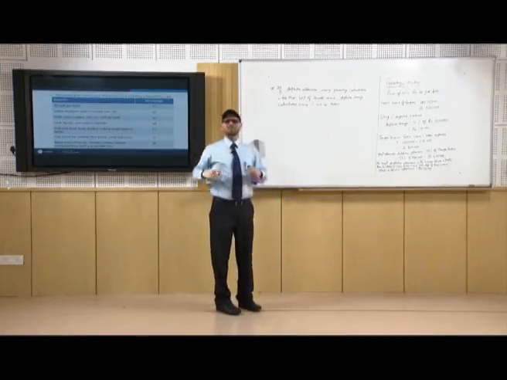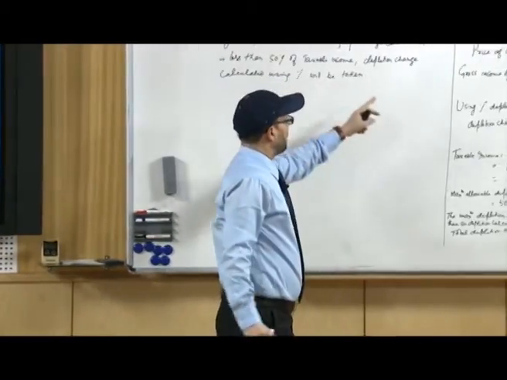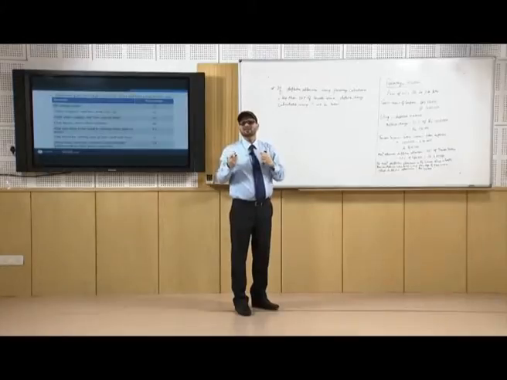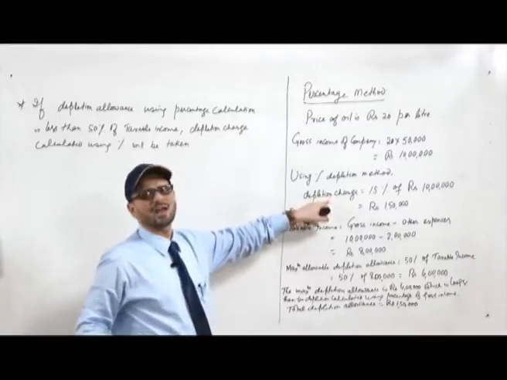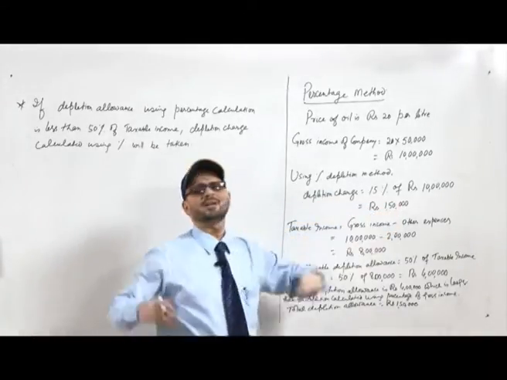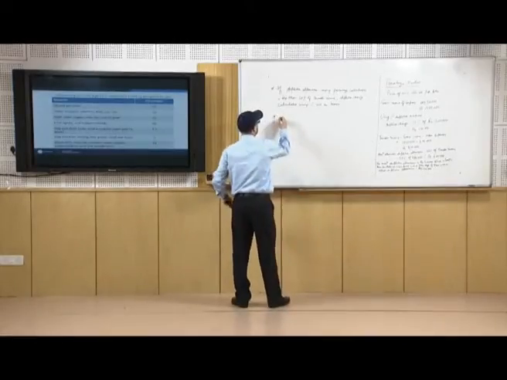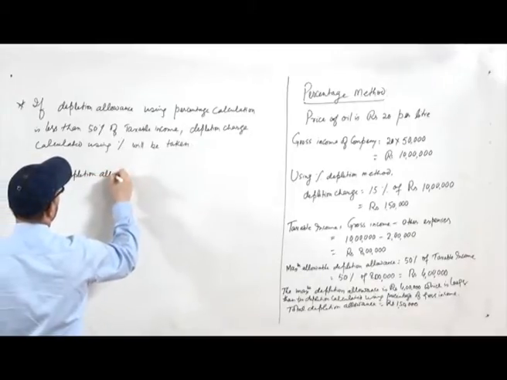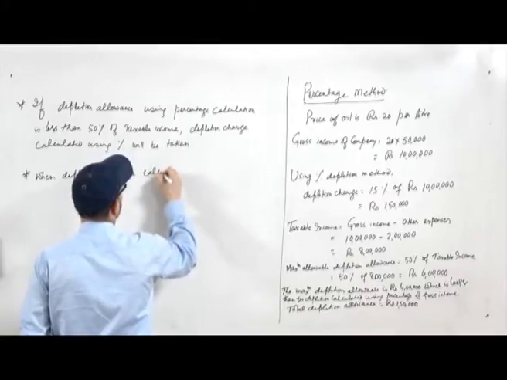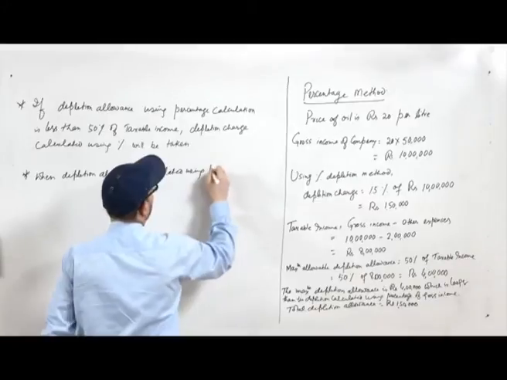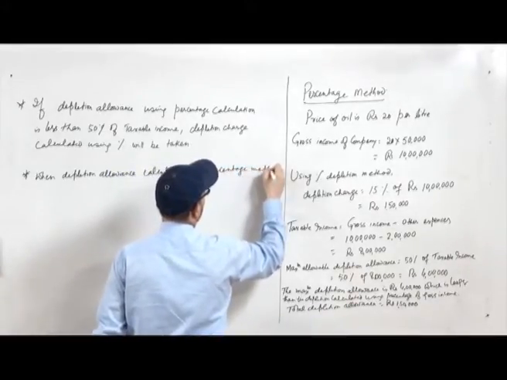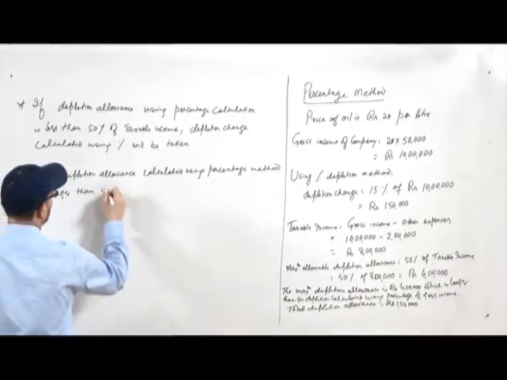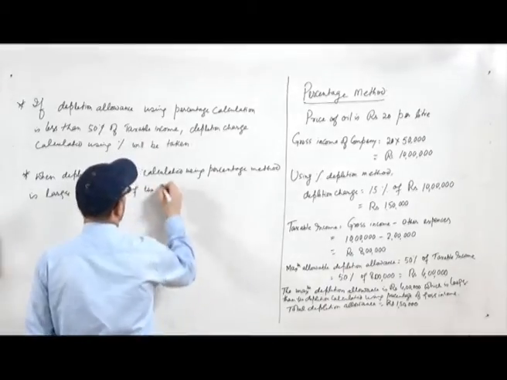Now, if on the other hand it may so happen that sometimes the amount which you get as 50% of the taxable income may be lesser, because sometimes you produce a large amount of material and this comes out to be quite large. So, in those cases when the depletion allowance calculated using the percentage method is larger than 50% of the taxable income,